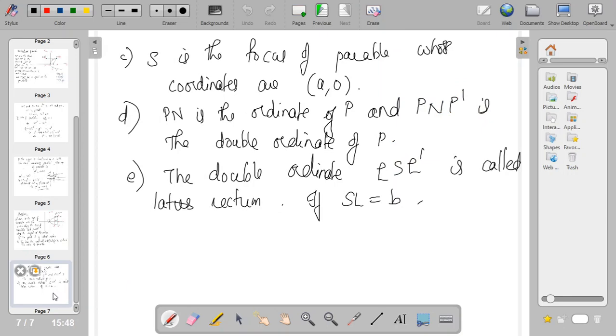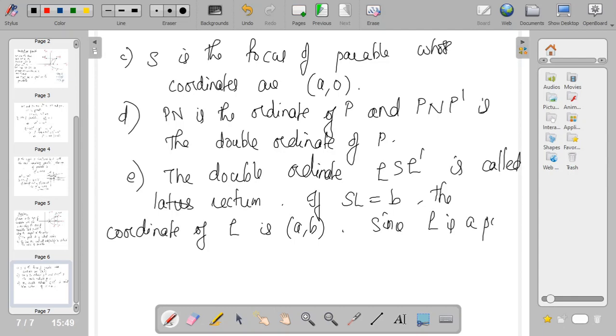So from there we will get the value of b. So if SL is equal to b, the coordinate of L is A, b. So since L is a point on the parabola,